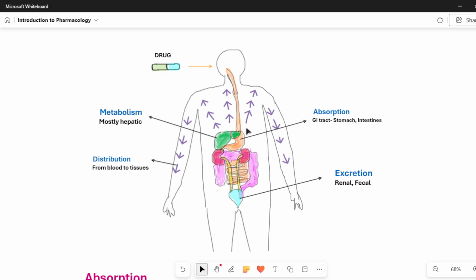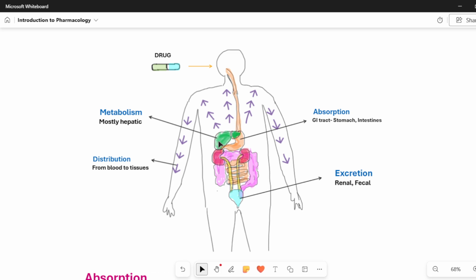And the bloodstream again goes through the liver, and the liver does the metabolism. What type of metabolism? Now it does the metabolism to remove these foreign particles, which is the drug, from our body.